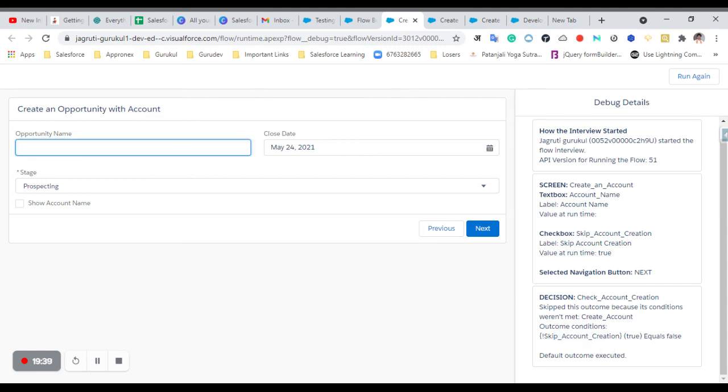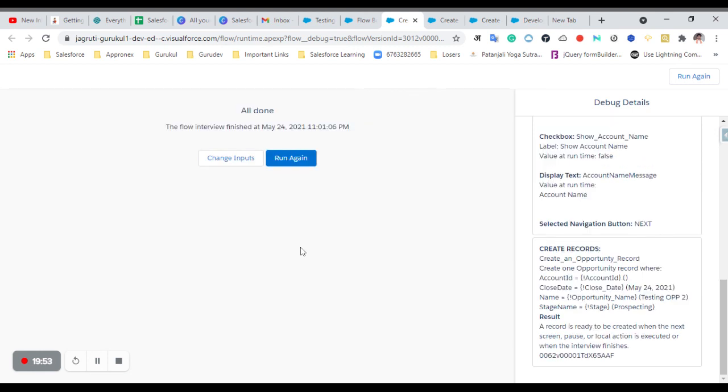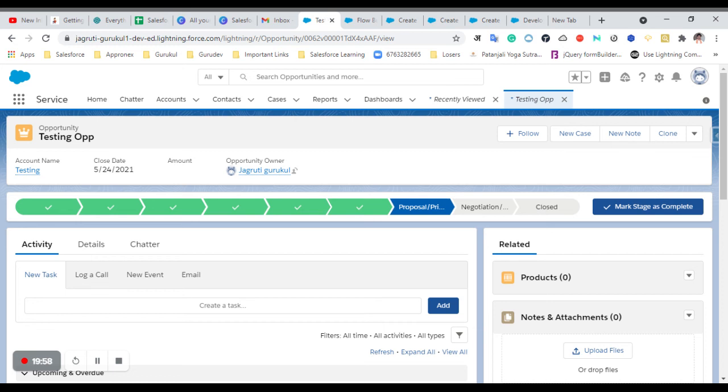Okay, now I can give the testing opportunity 2, and I can click on this next button. Okay, the opportunity is created without any account.